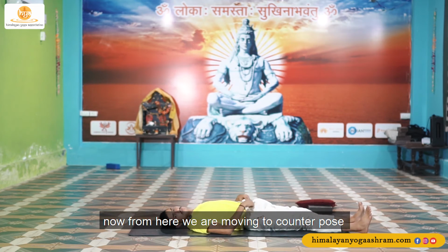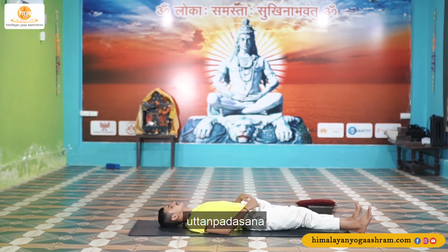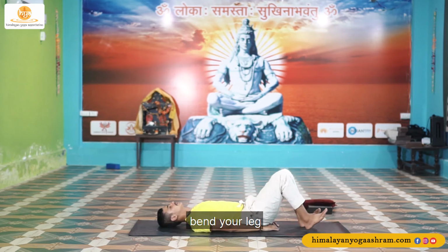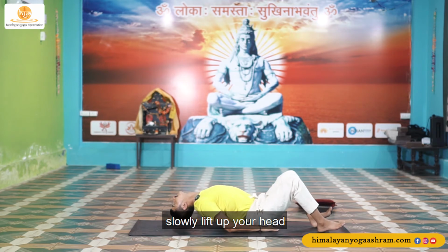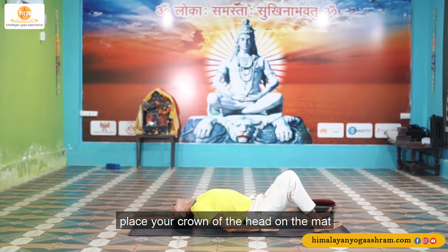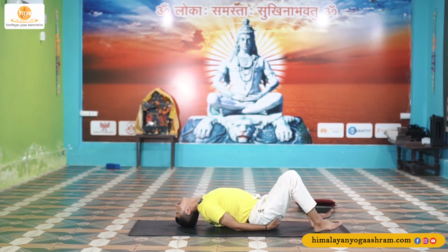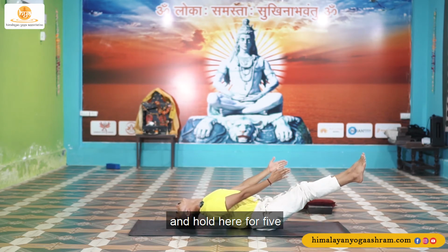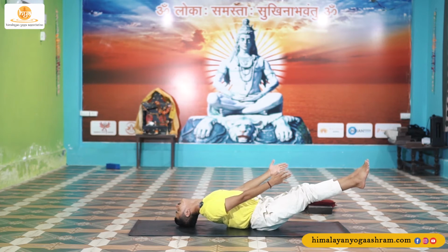Now from here we are moving to the counter pose, Uttan Padasana. Place your hands underneath your hip, bend your legs. By pressing your heels, slowly lift up your head. Place the crown of the head on the mat. Lift your chest up, straighten your legs, straighten your hands and hold here for 5, 4,